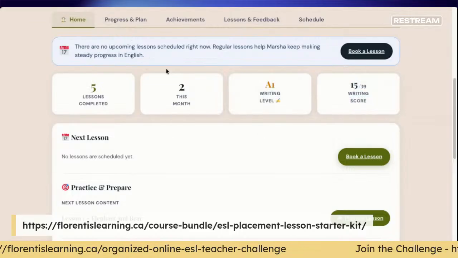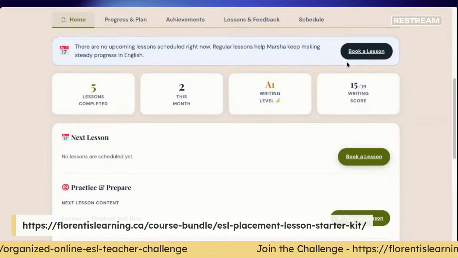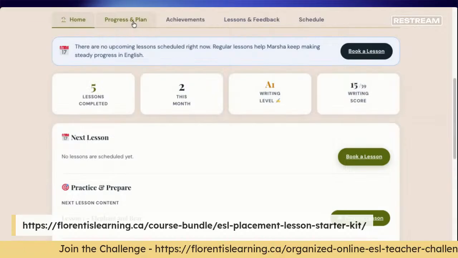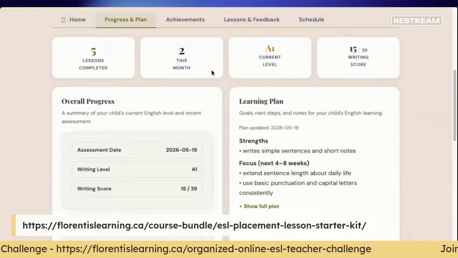They don't have any lessons scheduled yet, but there's an encouragement to book a lesson. And this button actually would link to whatever booking system you prefer, or there is a new booking system you can use here as well. When we go to the